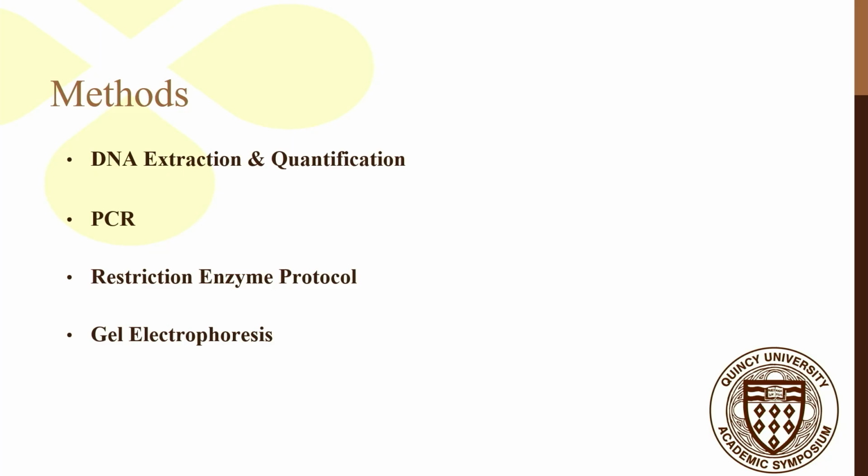Thank you, Renee. To conduct this research, we first had to extract our DNA, using chemical extraction with enzymatic and chemical disruption, followed by some purification. We would then put this purified DNA into PCR to amplify specific DNA strands. We use the restriction enzymes to cut this DNA and then use gel electrophoresis to visualize the results.